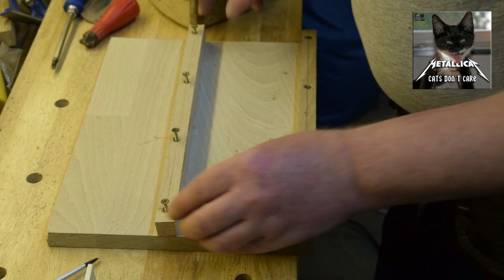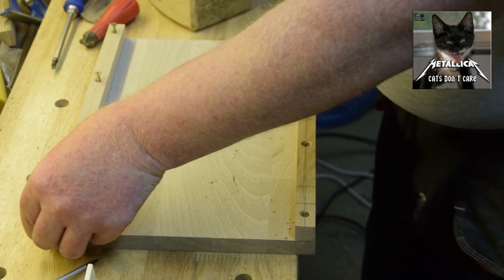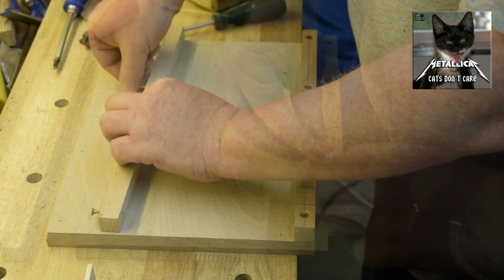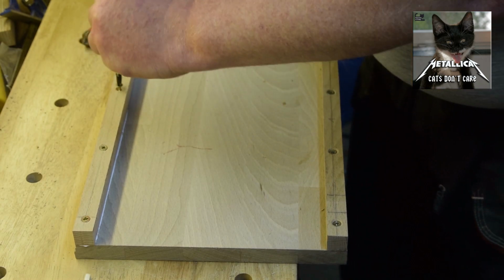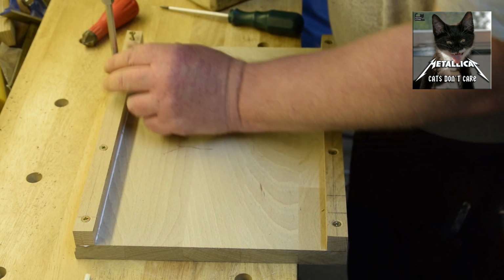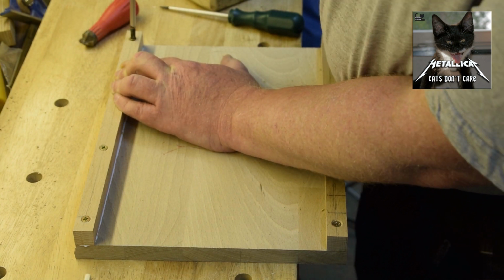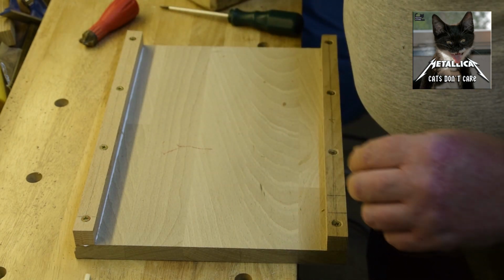Every hole is marked. Head over to the drill press where everything is set up. For me it's a waste of time getting the cordless drill out or whatever to do this. You can all do this by hand, as these are just 4 screws. No one cares. That's it. Now let the glue dry, and then